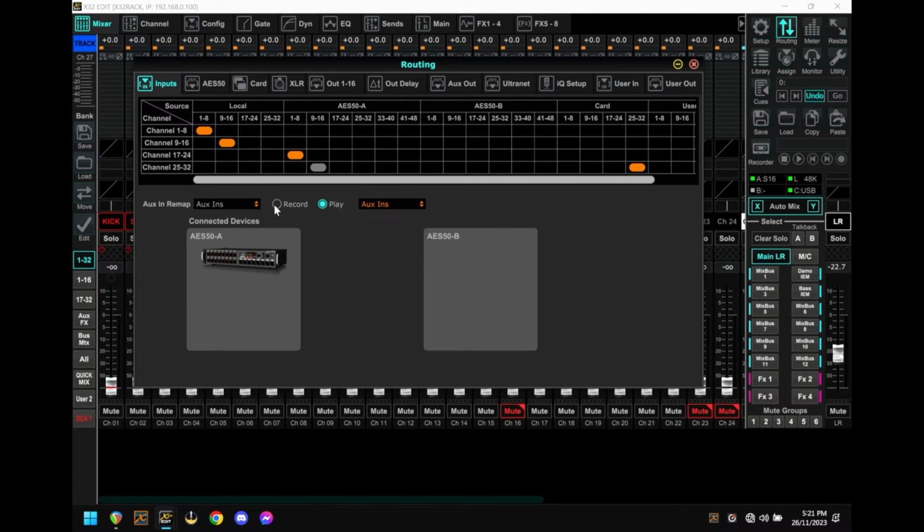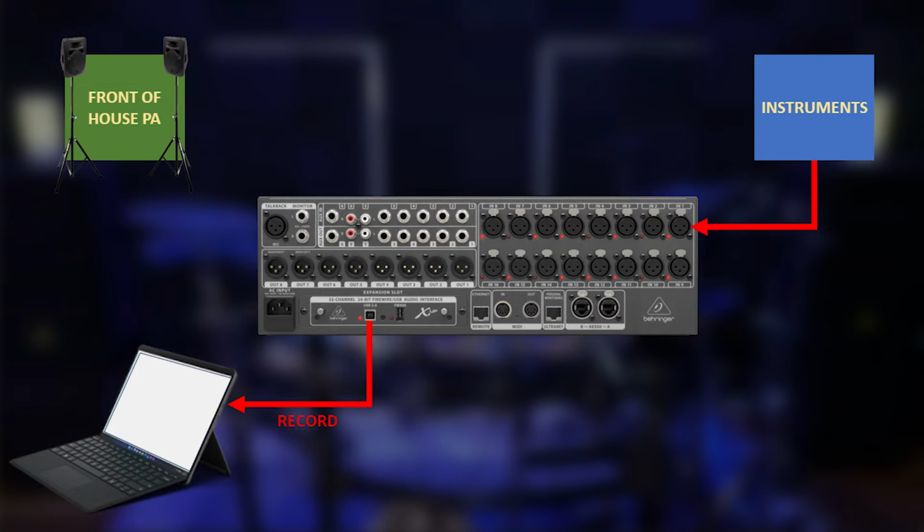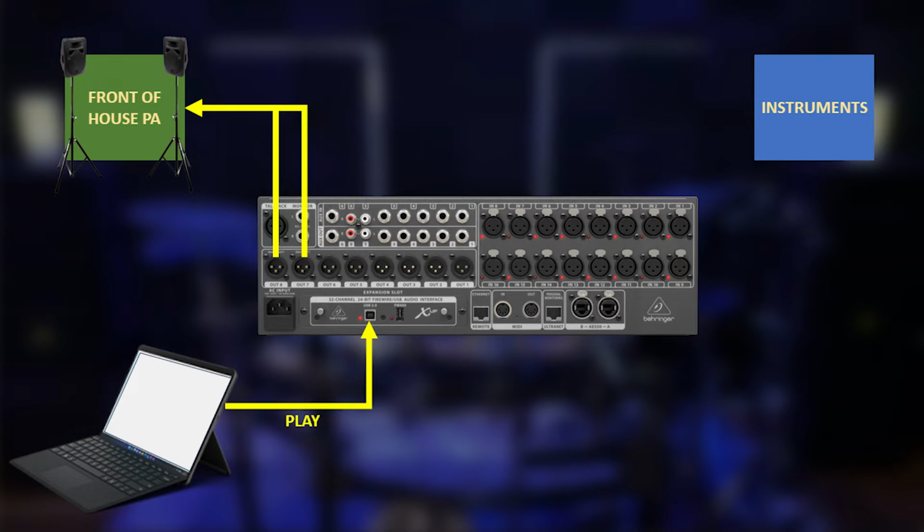Now record mode, as you would suspect, is when you plug all the instruments into the X32, you want to get a multi-channel recording of your band, and so you set it to record mode, and it would send the information to your computer in multiple tracks, which you can mix later. So assuming you did that, and you had, let's say, a recording of your last gig at a venue, and then it comes time to play that venue again, one of the things you can do with this virtual soundcheck is to play that recorded performance from last time back into the X32 and out through the PA.